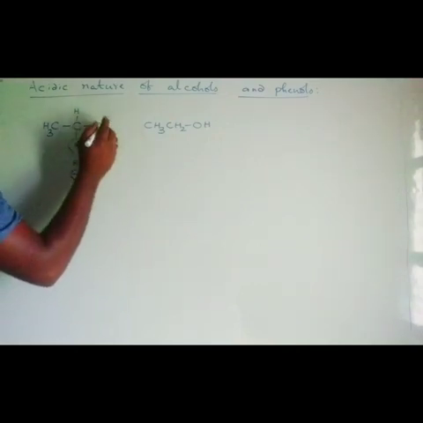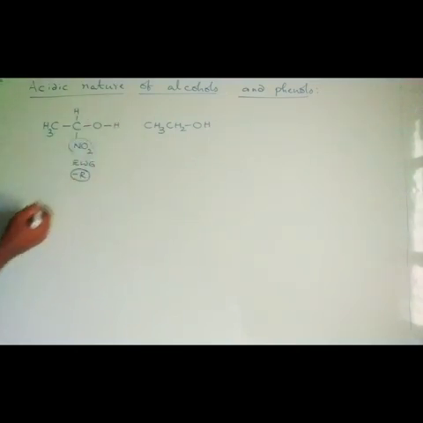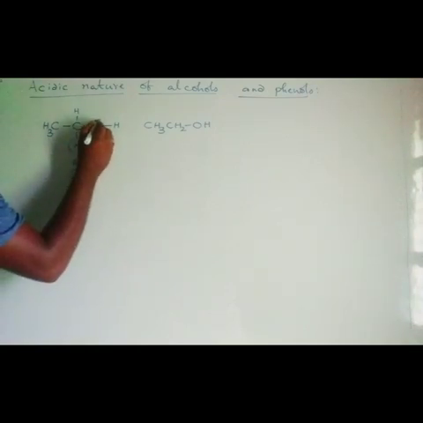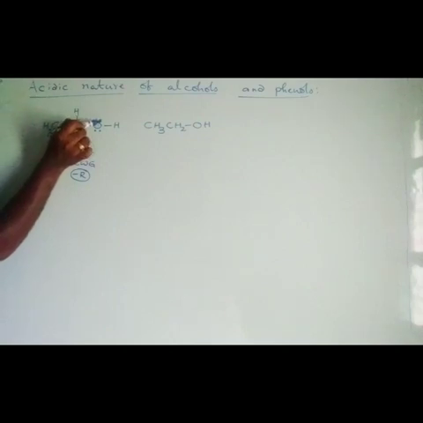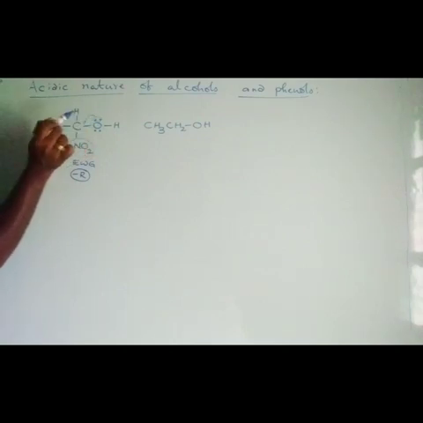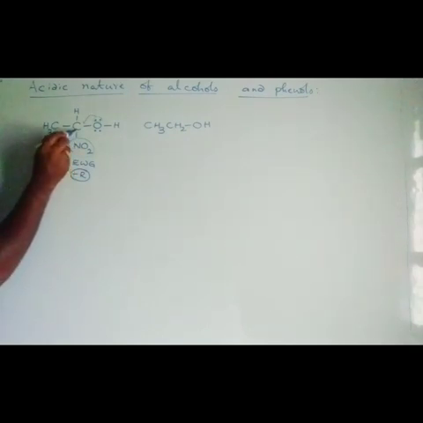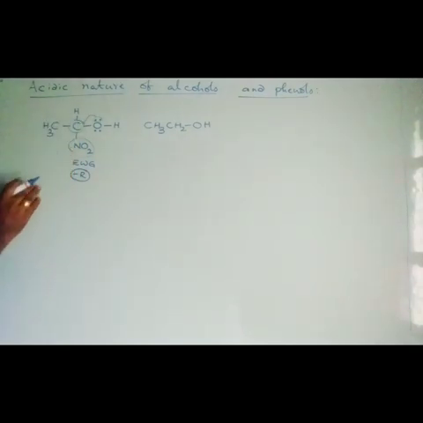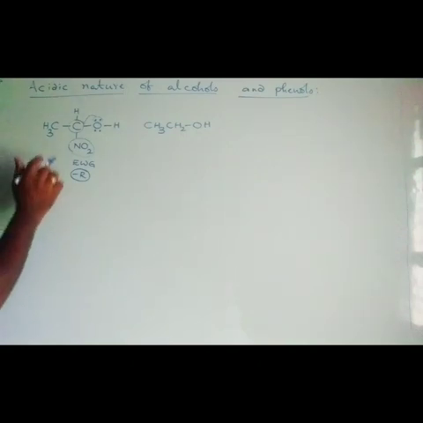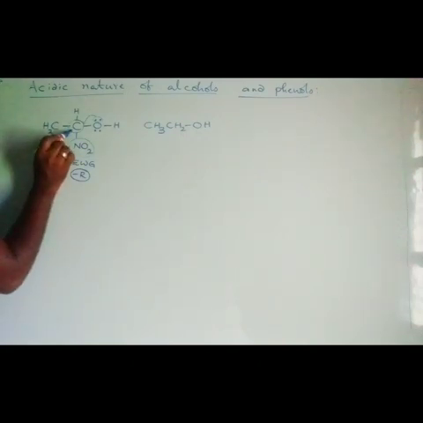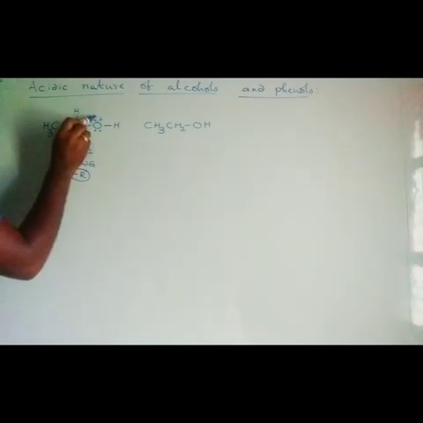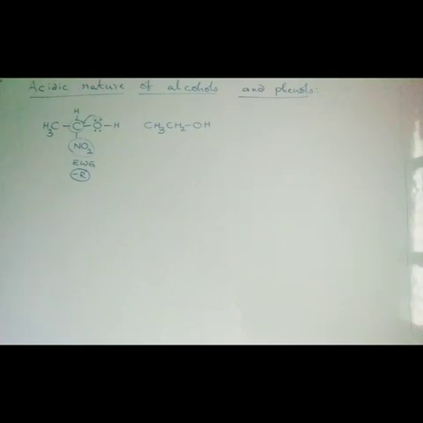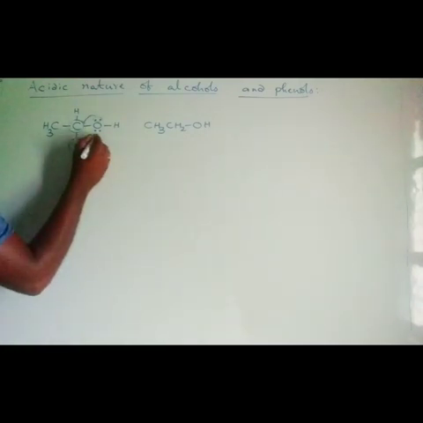How do electron withdrawing groups increase the acidic strength of these alcohols? The acidic strength of an alcohol will be more if the electron density of oxygen is withdrawn by some X group present on the carbon. So this nitro group will try to pull the electron density around the carbon, which decreases the electron density of carbon, and to rectify that lost electron density, the carbon now tries to pull the lone pair of electrons from oxygen. As a result, now the oxygen suffers from electron deficiency.